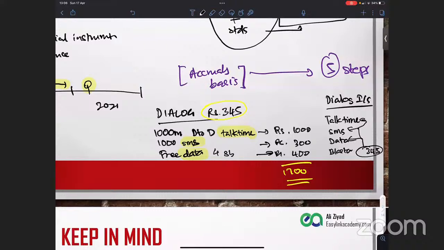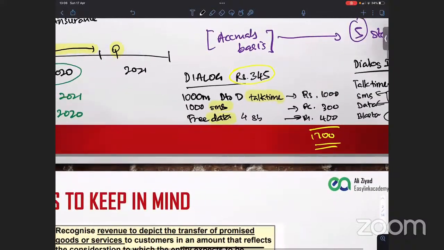As you can see, sometimes there can be variable pricing. If you do a good job, this is the price. If you do a bad job, this is the price, right? So you can see these types of complicated revenue structures everywhere. Let's say you buy a bike from Honda. How many of you have been to Stafford Motors, Maradana, to buy a bike? When you buy a bike, you get